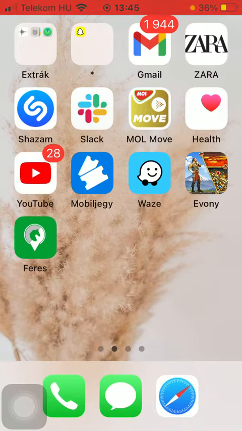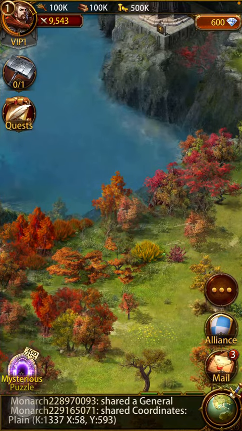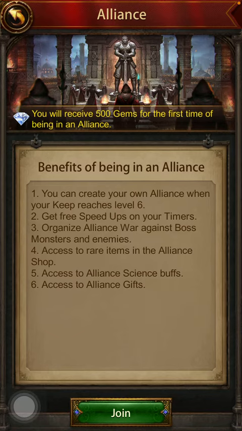Now let's jump into it. First of all, you should open the application on your phone. After that, you should click on this Alliance button that you can find down below on the right side, below the More button. Here you can see the benefits of being in an alliance,